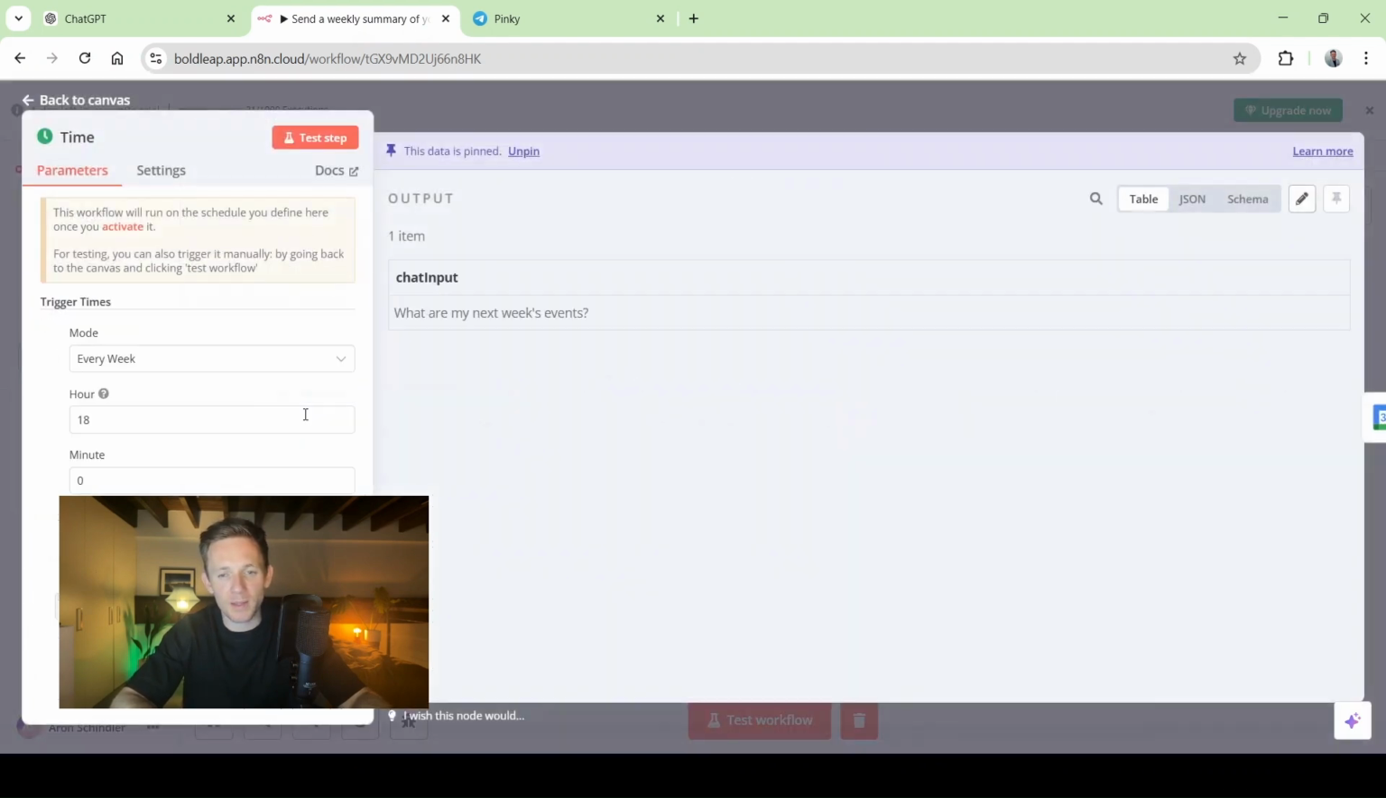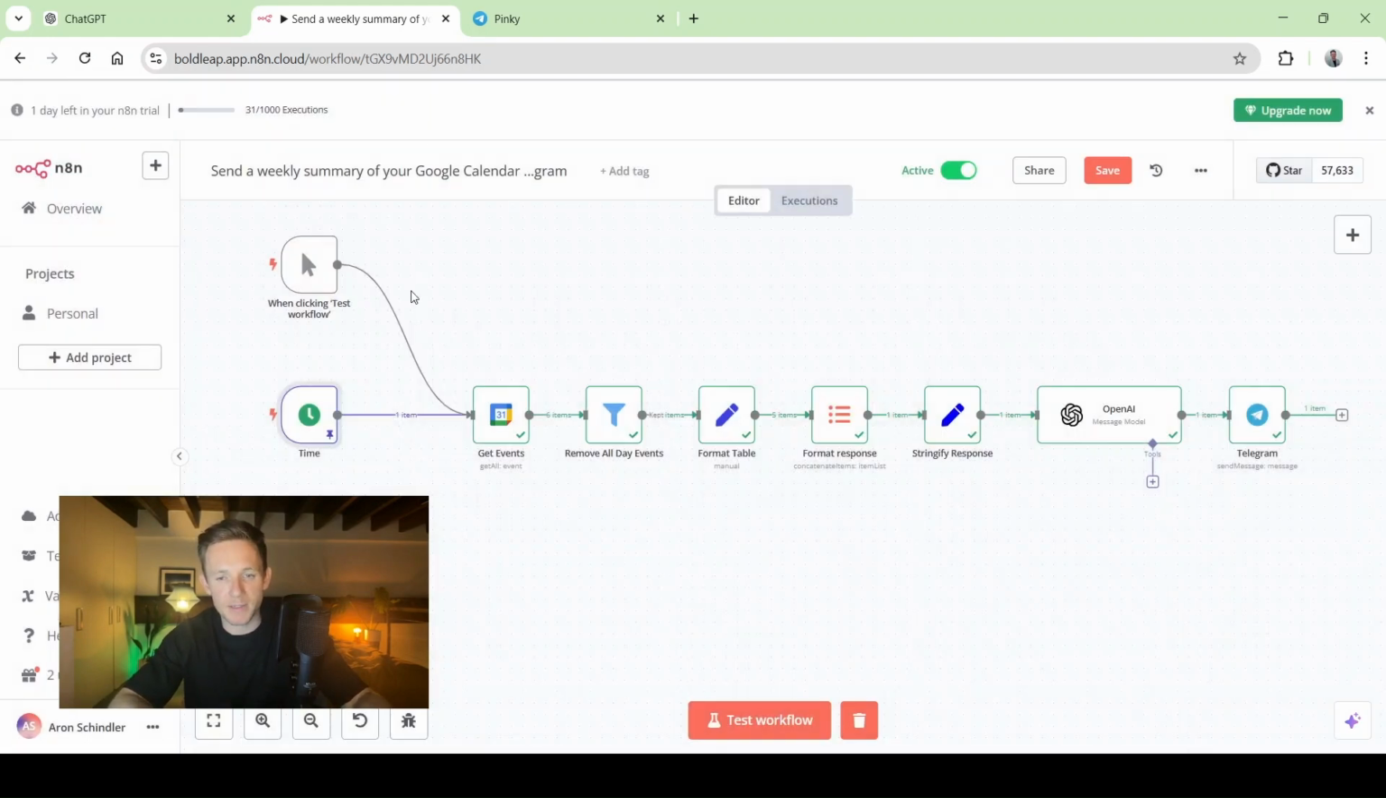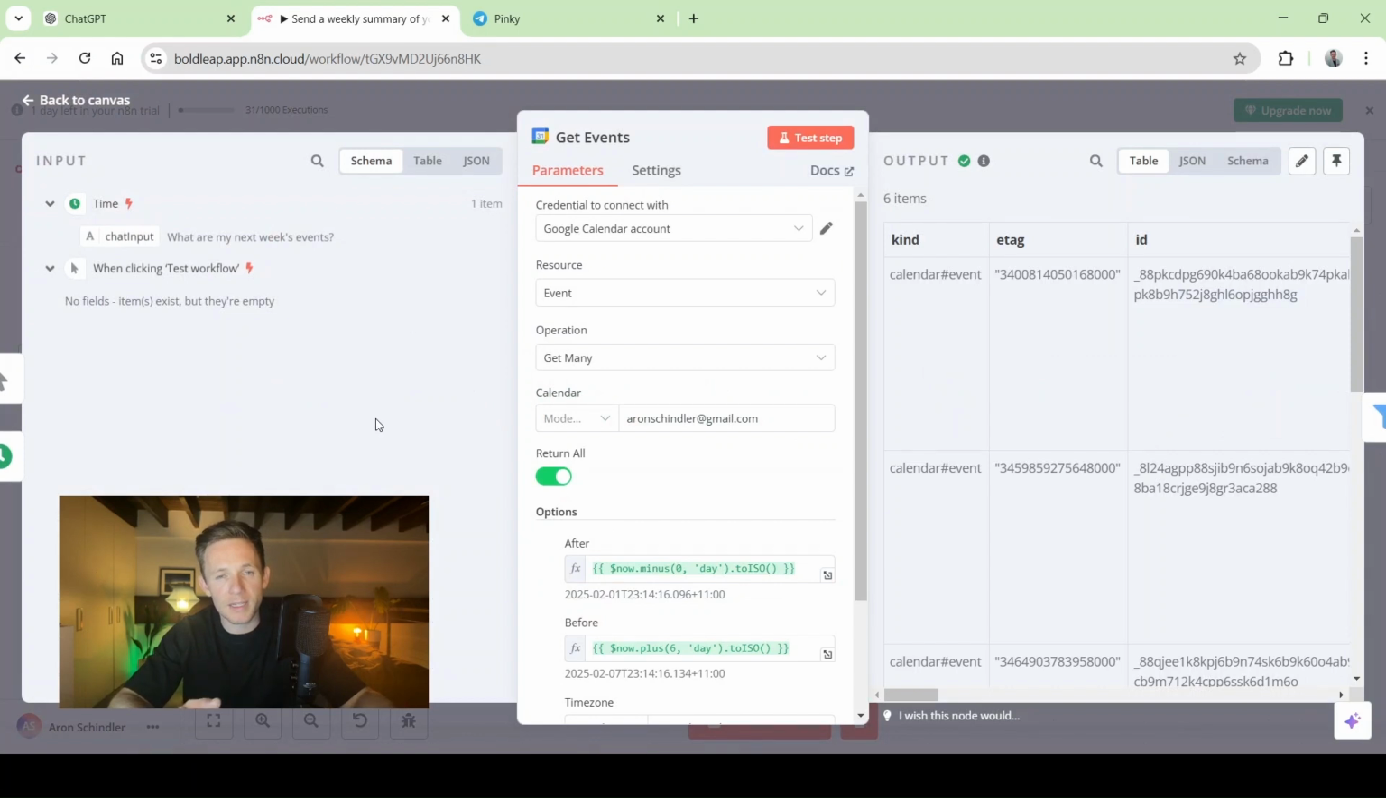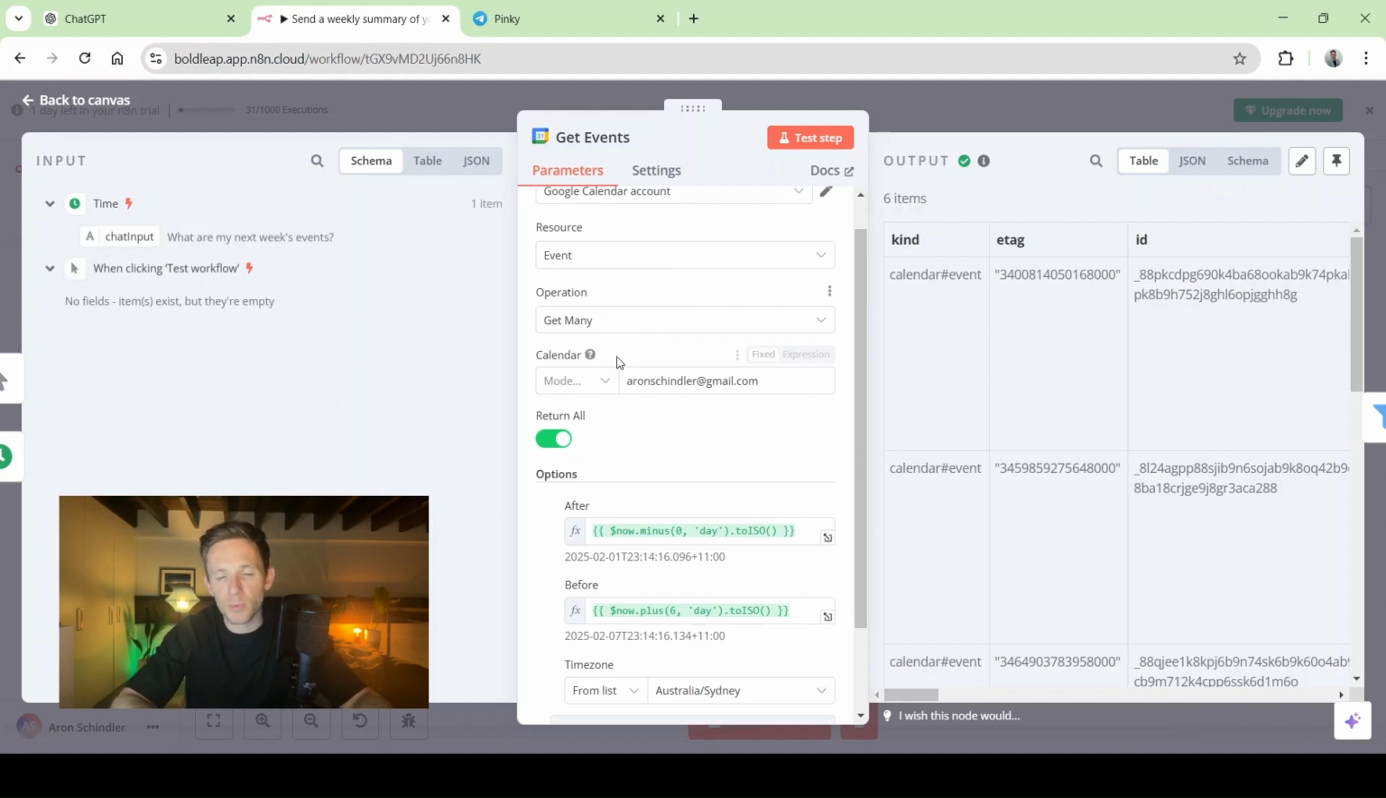So the first node here is just a trigger node that fires up every Sunday night at 6 p.m., for example. You could of course change that to every day if you want to have a similar reminder sent to you on a daily basis. Then the next node is a get events node from Google Calendar. Here you could add any other calendar. You could have multiple calendars that are joined later, but I'm just going to keep it simple here with one